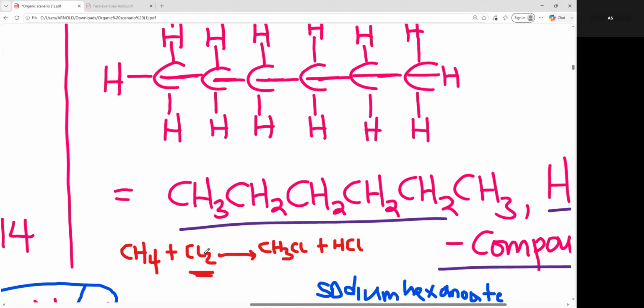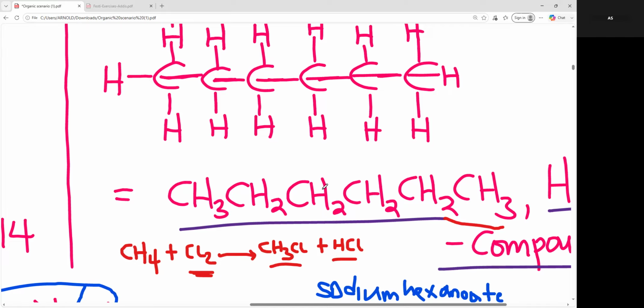That is why I'm calling it halogen substitution. The halogen substitutes one hydrogen from methane, so that we have CH3Cl. Then that hydrogen that has been removed and another chlorine combine to form hydrogen chloride. All right. Meaning that if this is my alkane, and I am reacting it with chlorine,